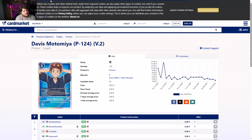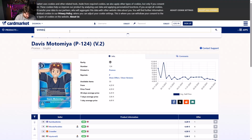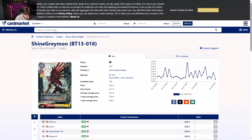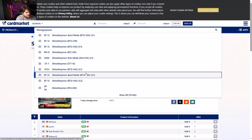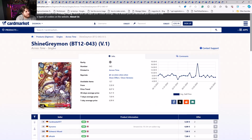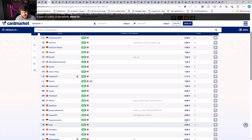But let's get the Shine Greymon up, apparently, because I'm an idiot. Shine Greymon. BT13, please. No. Shine Greymon BT12? Was it BT12? Yeah, we're going to go with BT12 because I think this is it. Yeah, we got there. So yeah, Europe side looking like €7 to €8, which isn't bad and looks like a little high up there,